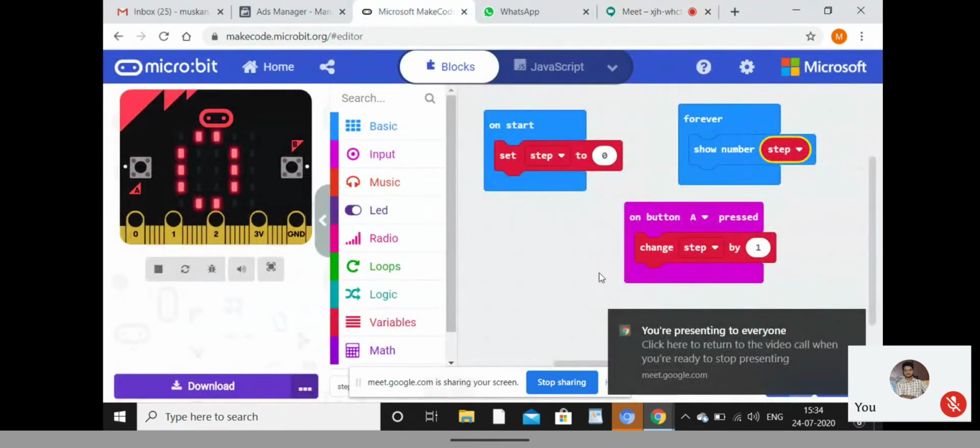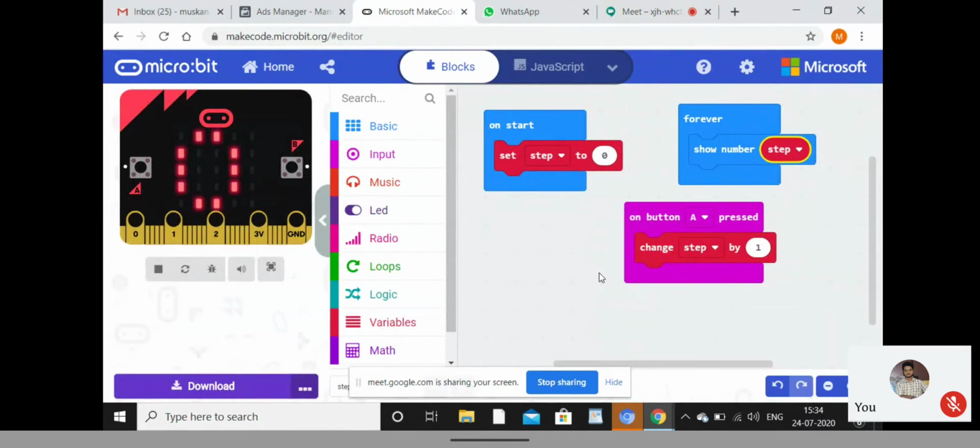Can you do another program? Same thing, like change step should be changed. What can you do? Ma'am, we can do a goals counter.